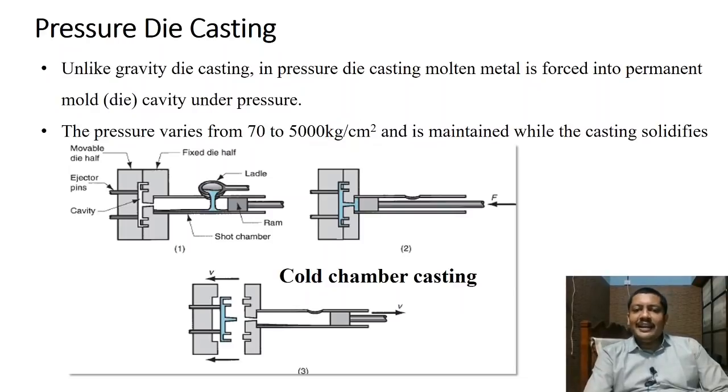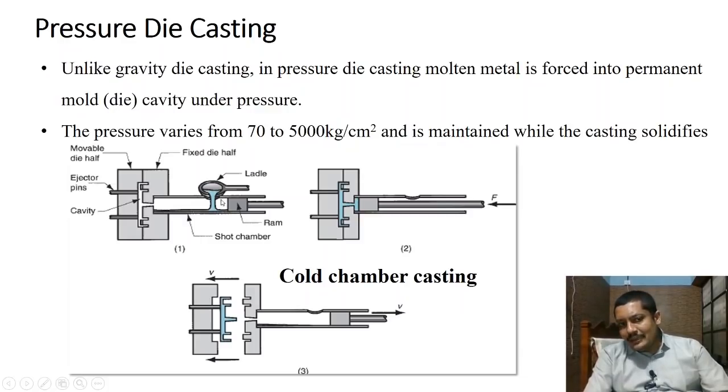The figure below indicates a cold chamber die casting. I told you there will be two halves of your die. One is movable and the other is fixed. When you close the movable and fixed halves together, the mold cavity is formed in between them. To this mold cavity you will be filling the molten metal.